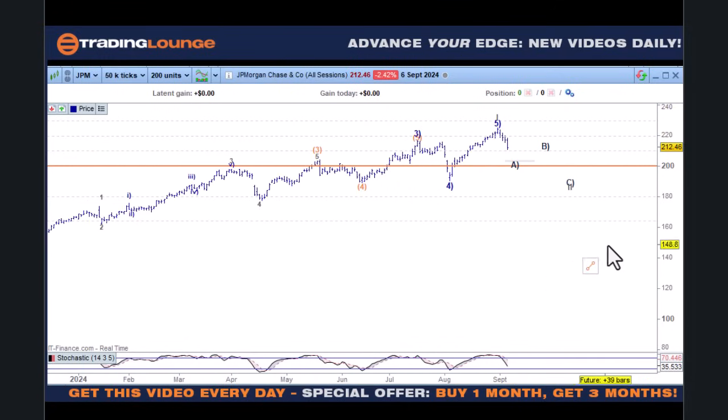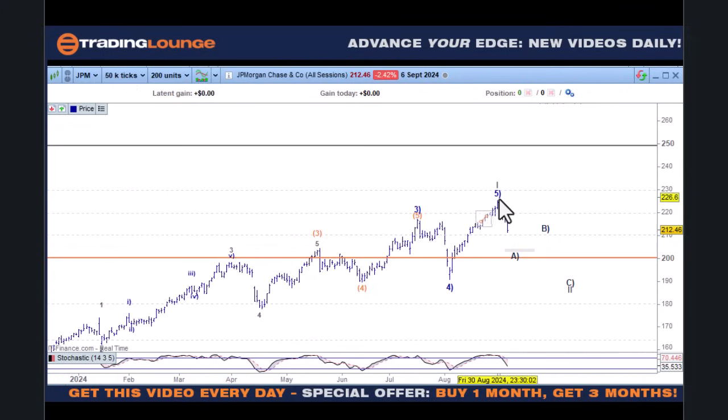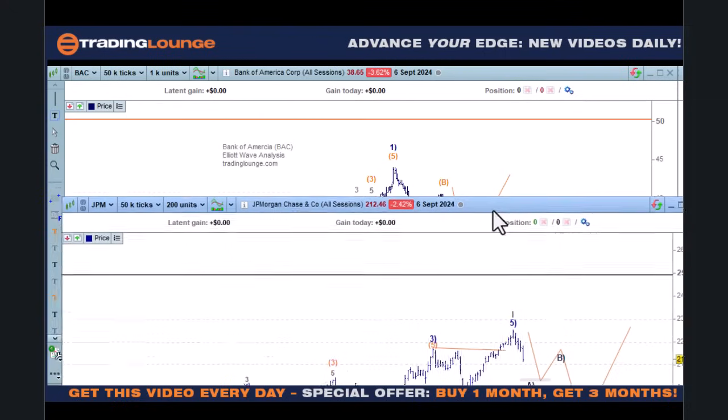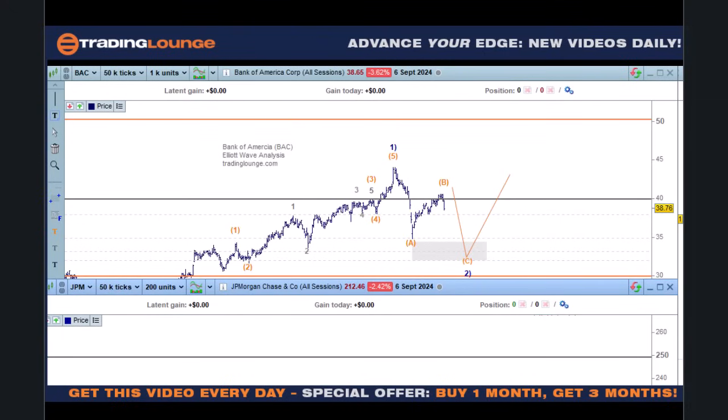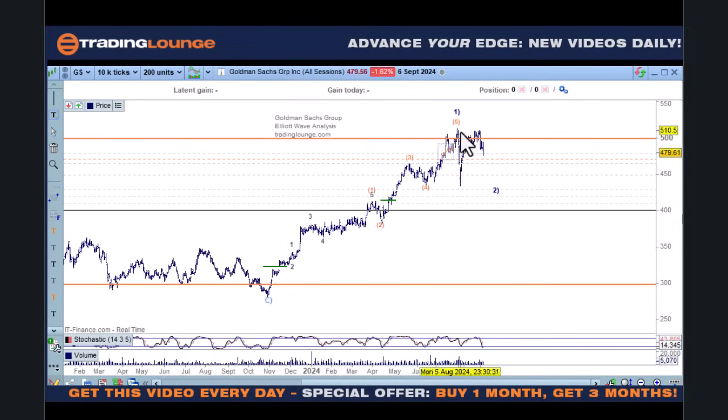So in this case, sure, we could also look at this here as a wave 1 to the upside and back for wave 2 and then moving to the upside. But the banks look like they're going to be doing this type of thing here before moving higher at that point. So this one here has taken out the top, all right? This one here hasn't taken out the top. And then when we look at Goldilocks over here, we can see that it's about the same. It hasn't quite taken out the top here.